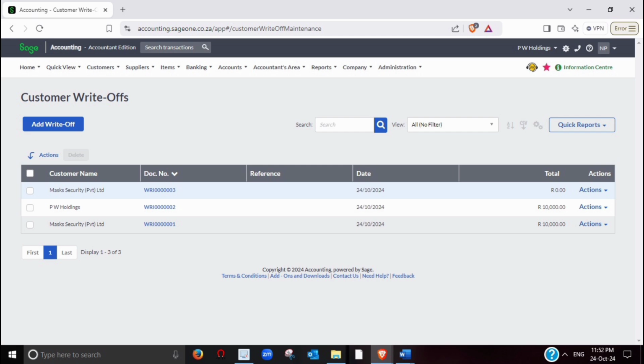Best practices for managing write-offs. Here are some best practices to help you manage customer write-offs effectively. Regularly review aged receivables. Keep an eye on overdue invoices and follow up with customers promptly to reduce the need for write-offs. Set clear payment terms. Ensure customers understand your payment terms and send reminders for overdue invoices to reduce the likelihood